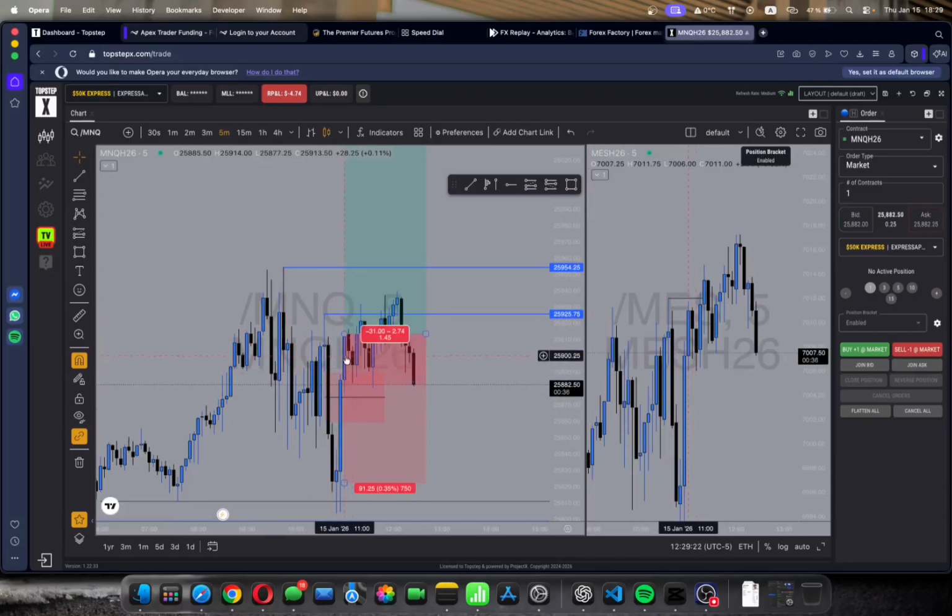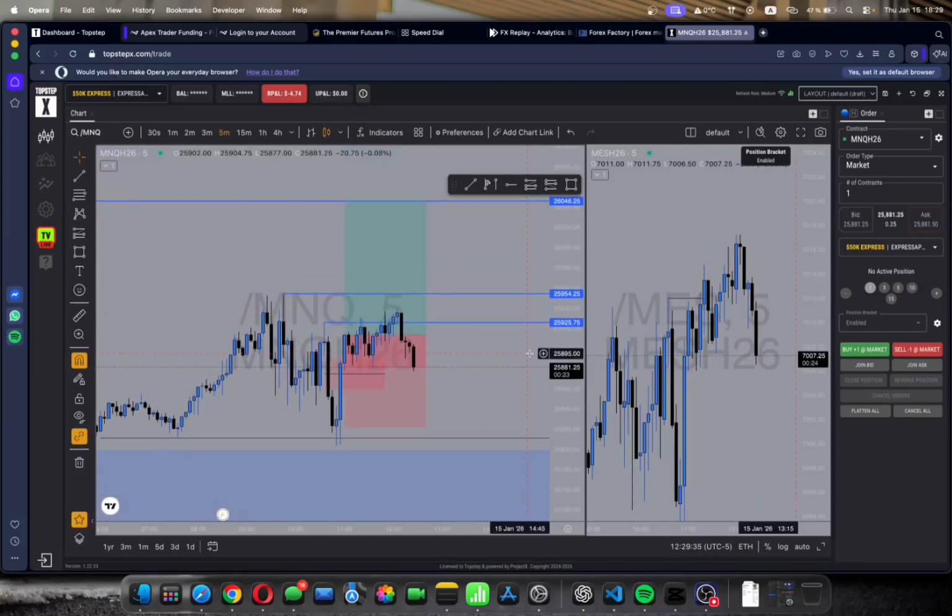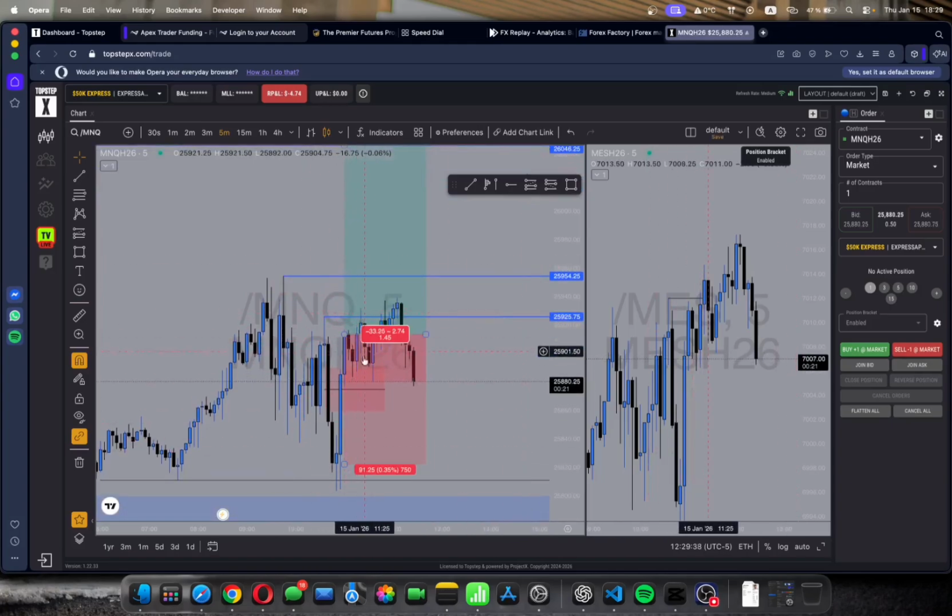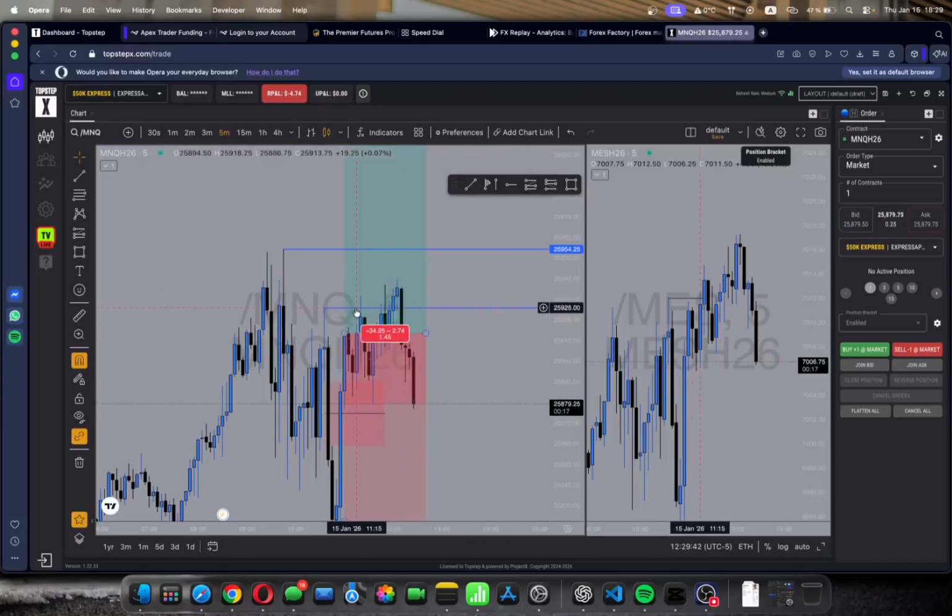We did end up coming back to this 5 minute and then going straight to my break-even. I was like, okay, we just have to rip through it because we have a lot of liquidity. But we just started to chop. I did put my break-even when we swept this high. It was a pretty early break-even from me